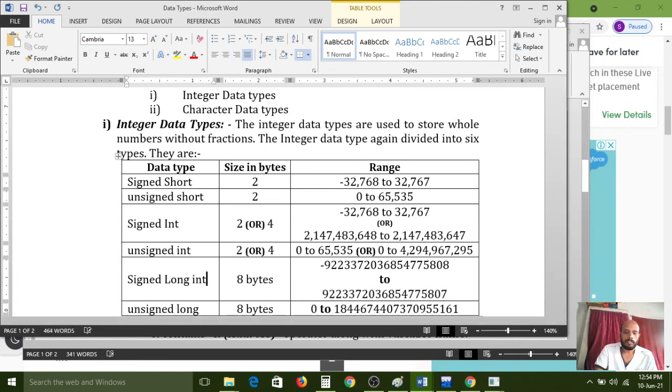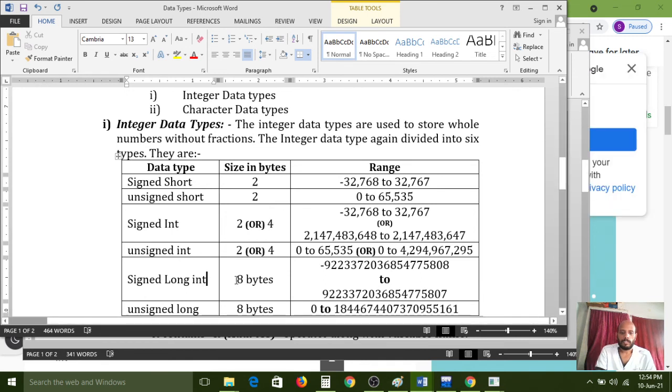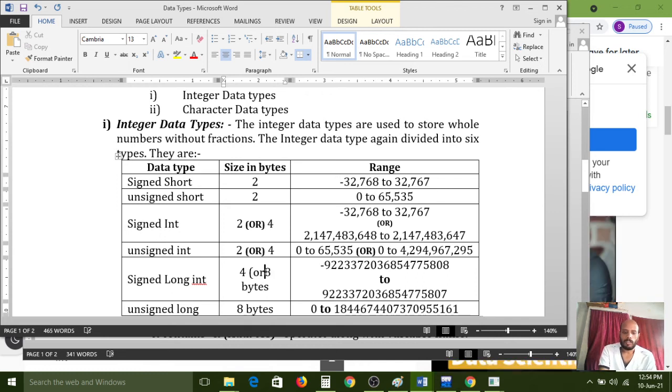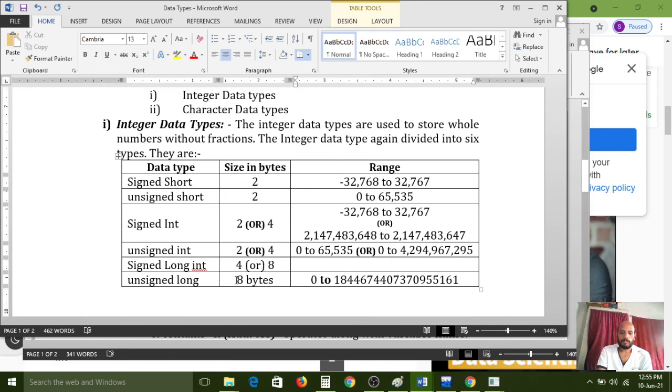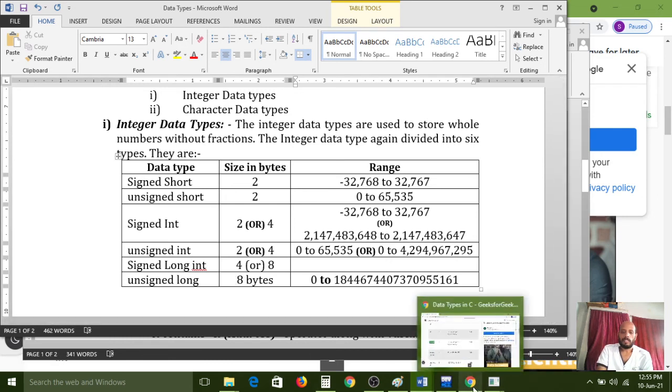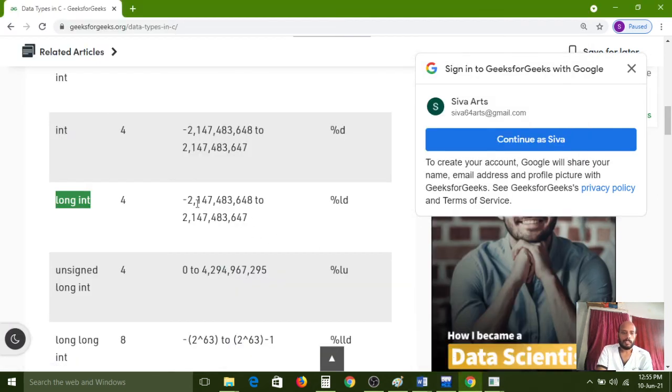Long int. Here 2 or 4, sorry, 4 or 8 bytes. 4 or 8 bytes. Okay. And change this one. Here the range is this one.